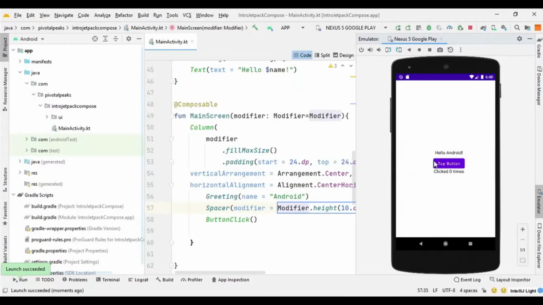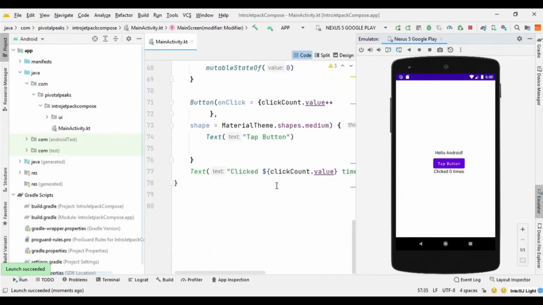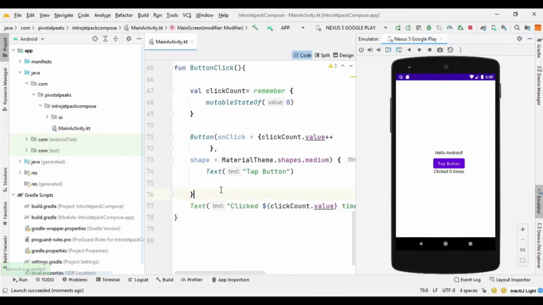So now we have a 10 dp of space between the greeting component and the button click function, but these two do not have any space yet. So to create a space between the button and the text, you can come here and do the same thing.